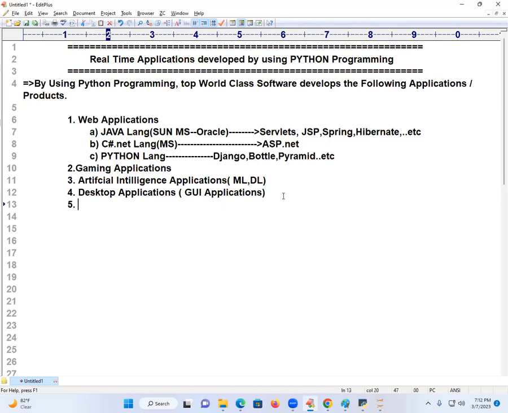Fifth one I'm going to talk about is image processing applications. This is also one of the most famous applications nowadays. When you take a selfie, you went to some picnic spot, you took some selfie, and you want to keep it in your status. What will you do? Will you keep it immediately? No, you will edit it or not. Even when you edit it, so many images will be shown, black and white, background, something. So many images will come or not. How is it coming? Can you think of it?